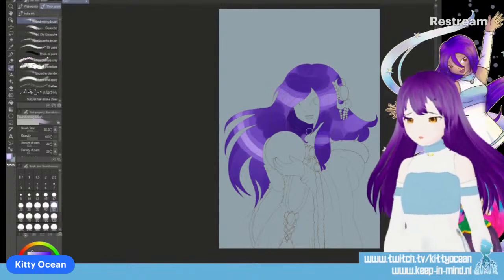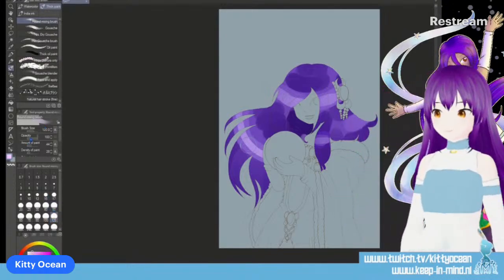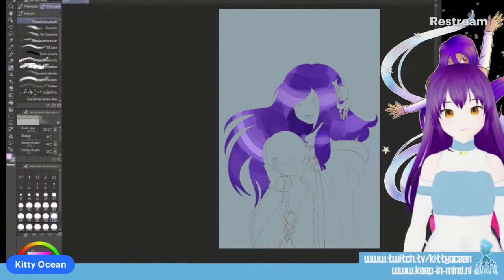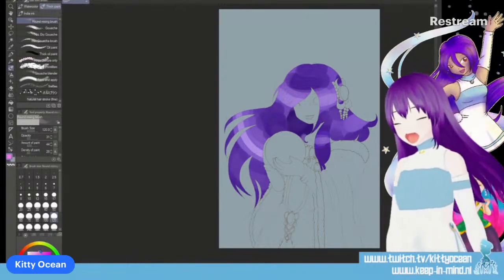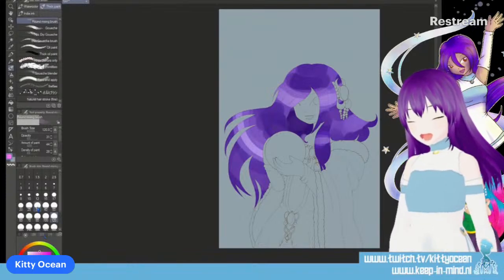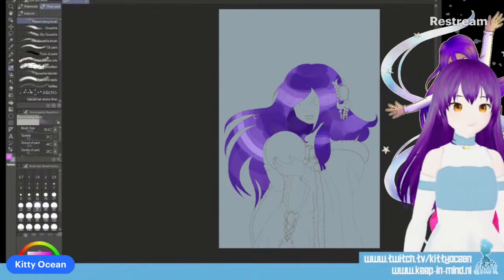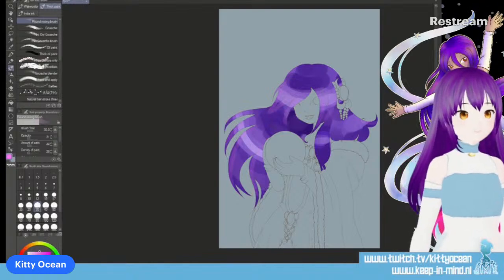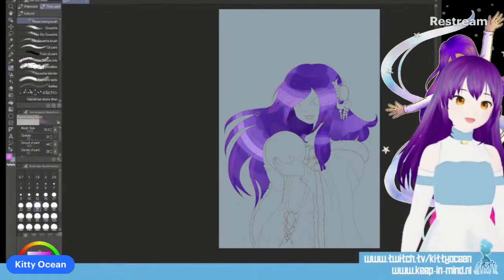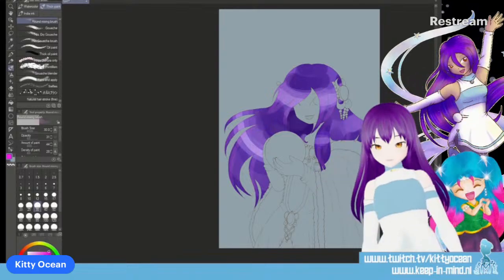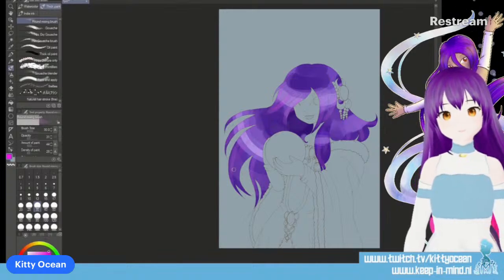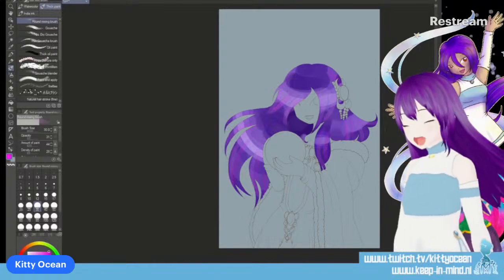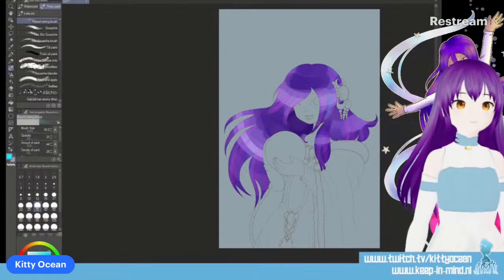Now, I need some pink, opacity low. This is a new technique I'm trying, so I don't even know the result. Some blue.